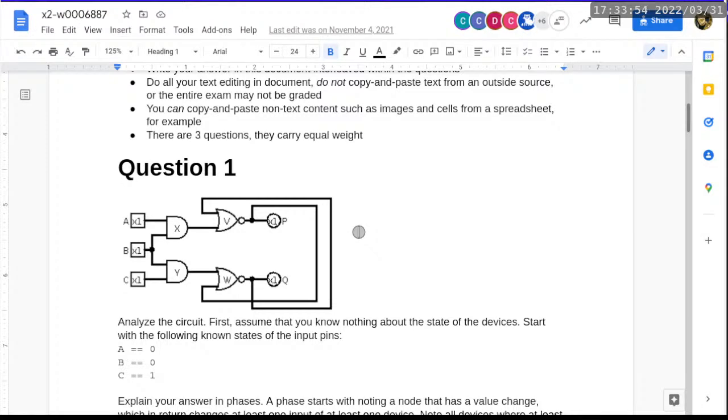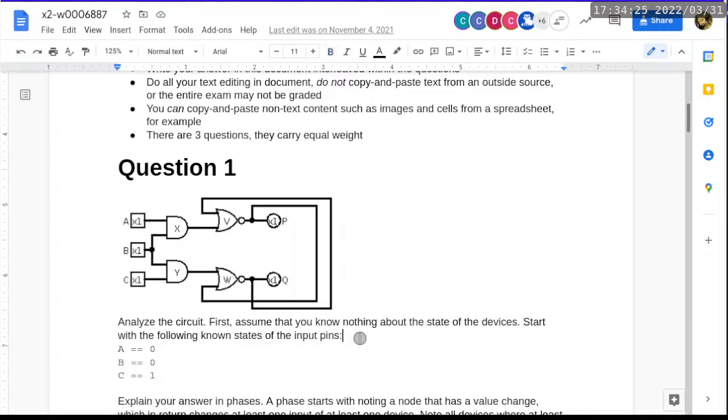I mean, how you track down what changes is going to cause what to happen. That part doesn't change. What does change is you cannot assume this is one of the circuits you have seen and just repeat the analysis that we have done in class. So this forces people to really look at the circuit and find out what this circuit is going to do. All right, so first things first, we are going to set up a template,